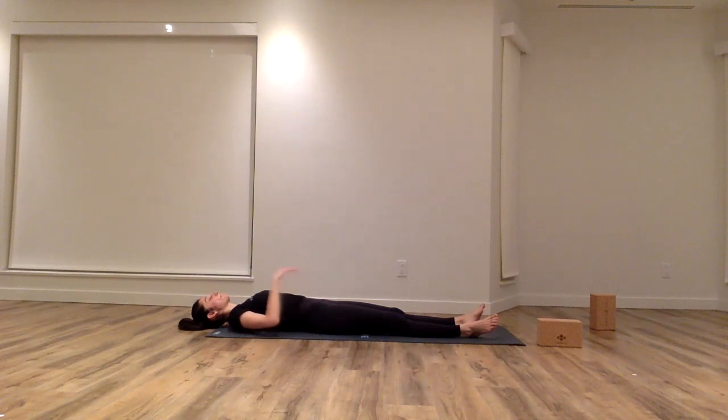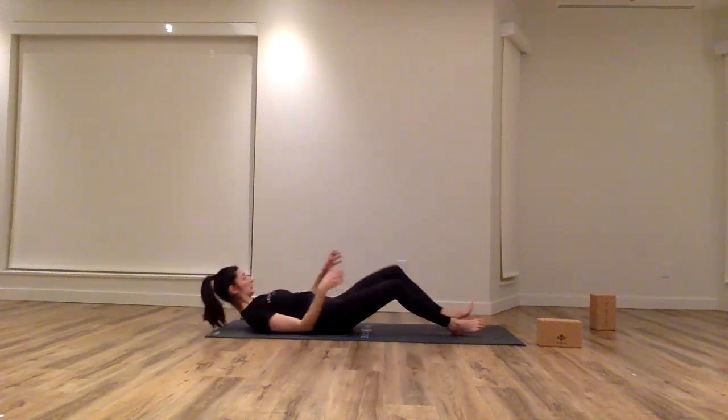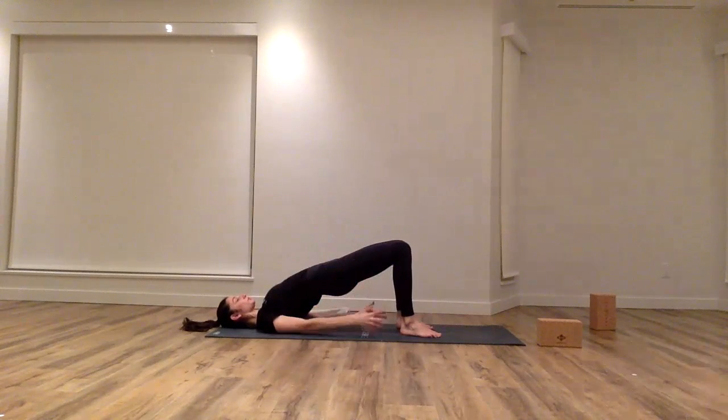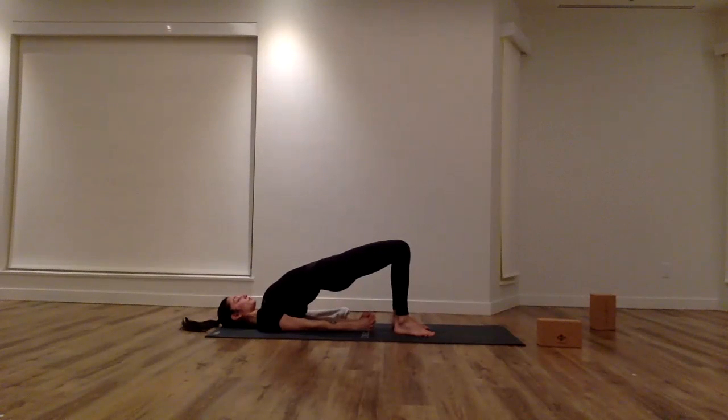Feet onto the ground. You're going to inhale, lift the hips up. Begin interlacing the fingers behind you, and then walk the shoulder blades closer to each other. And again, hips lift. What you're doing here is I want you to take your attention and send it to